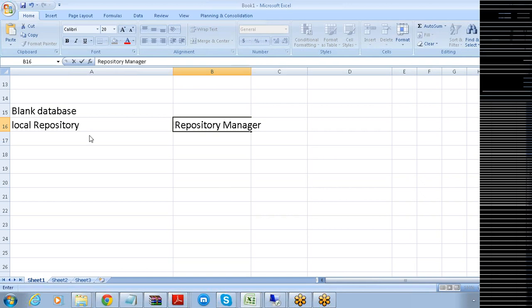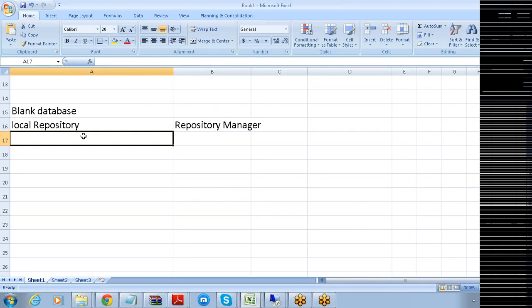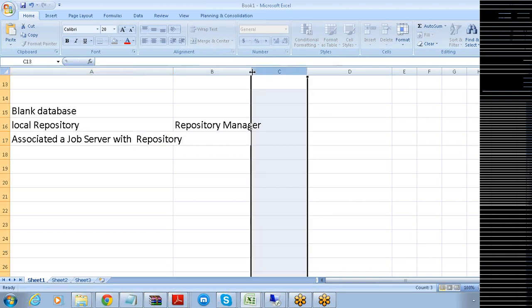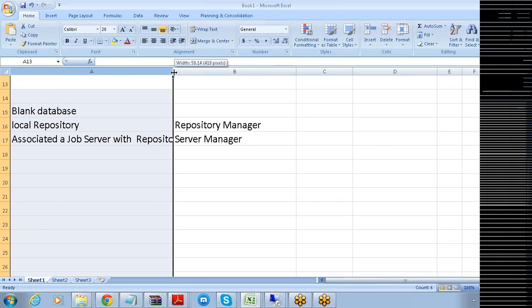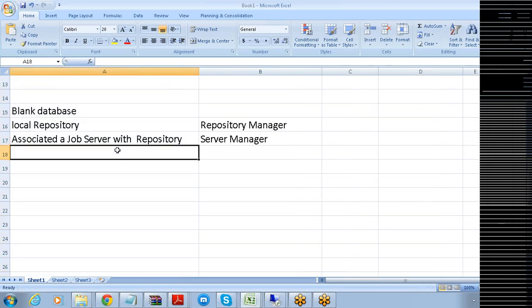The third step that we did is that we associated a job server with the repository. How it is been done here? This is done with the help of your server manager. And what is the next step that we did?